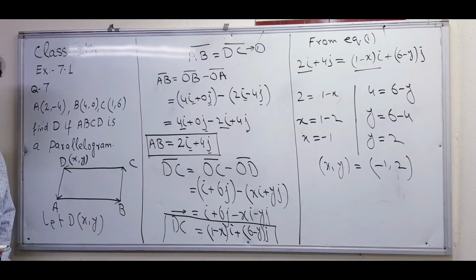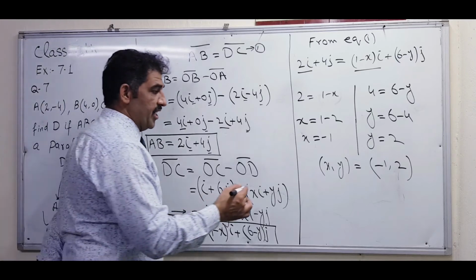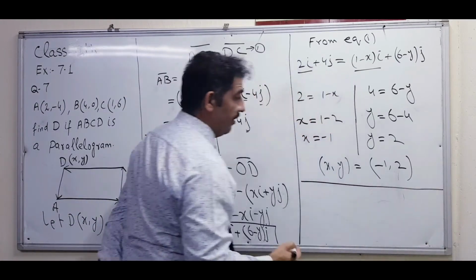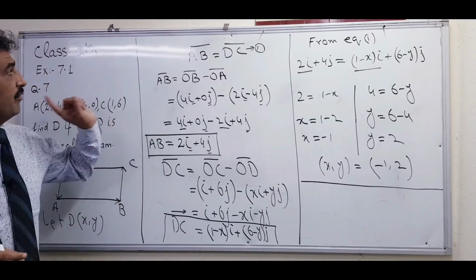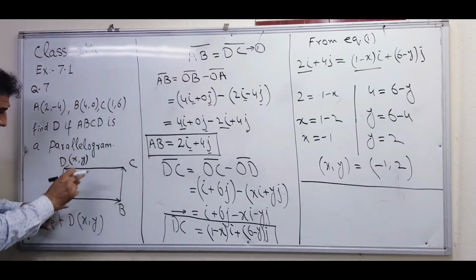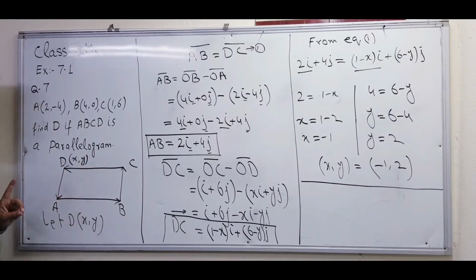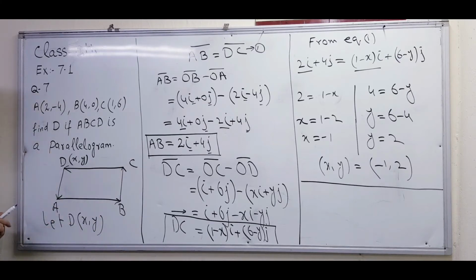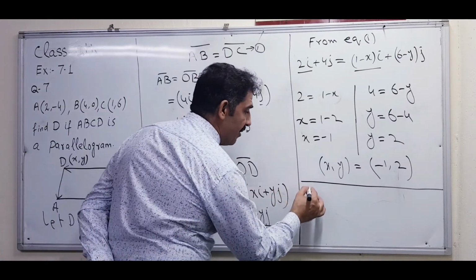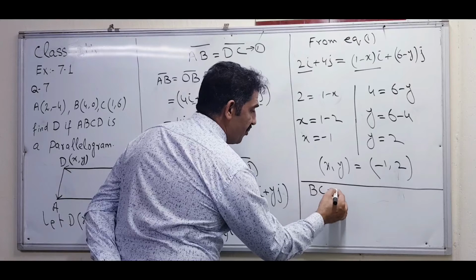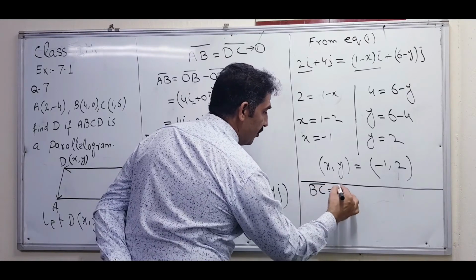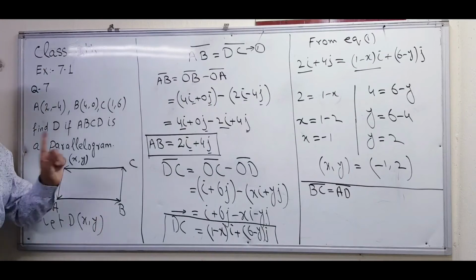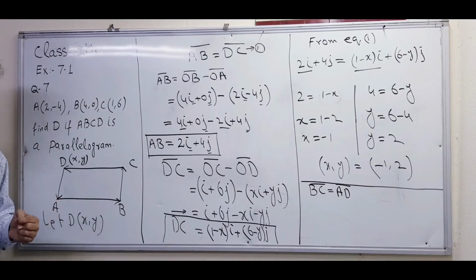Okay, got it? In this way our question is solved. Here one more thing I want to explain. Here we found the value of AB is equal to DC. These two lengths we make equal. With the same method you can find that BC is equal to AD. How to find? BC is equal to AD. Find it and tell me whether the answer is the same or not. Use this method and find out whether the value is the same or not. One is this assignment, and second, I also want to explain its second part.